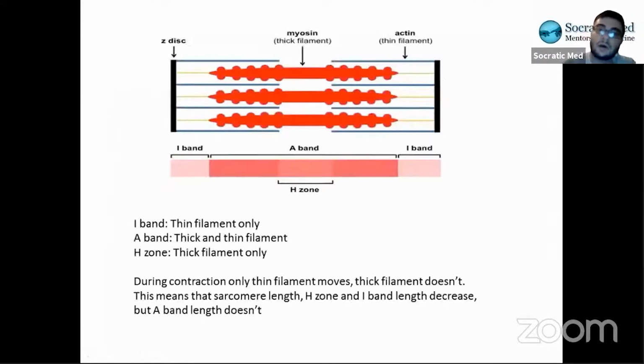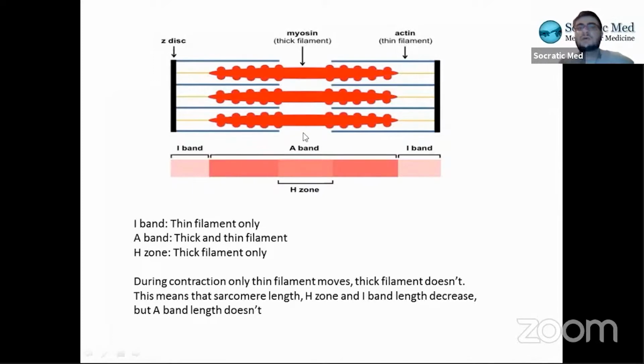Okay. Now, again, I'm showing a picture of a sarcomere, right? These are the Z lines at the edges, the Z discs. The M line here in the middle is not shown, but this big red thing is the myosin, the thick filament, and these little blue lines are the thin filament, and these are the zones, okay? So in the I band, it's only thin filament. If you see here, the I band ends right here. There's only these blue lines. There's none of these red thick filaments. In the A band, which is next, there's both these blue lines and these red thick filaments.